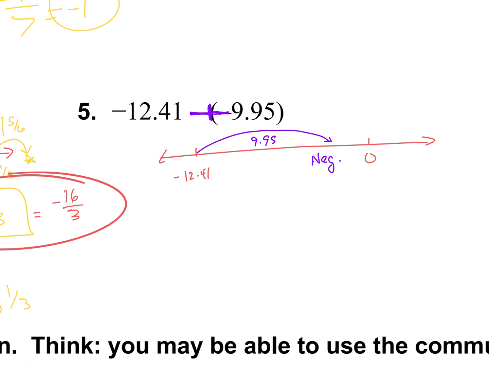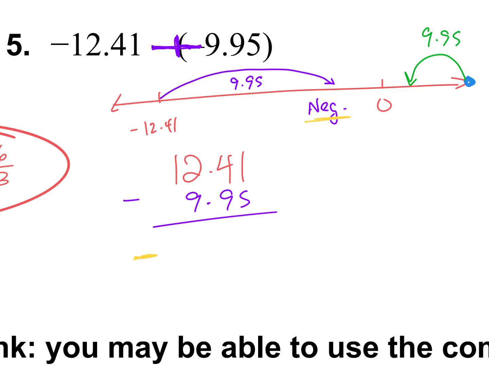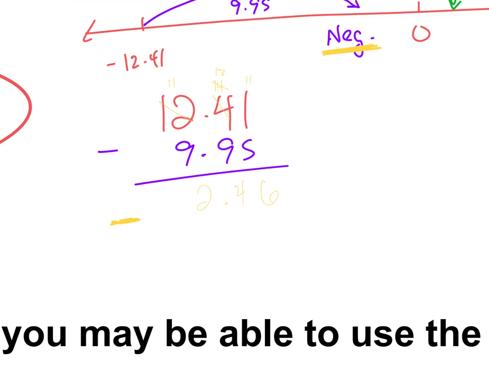12.4, let's write that a little bit bigger because I write big. 12.41 minus 9.95. So imagine that we began way over here at 12.41 and we were to go backwards 9.95. That would be the similar idea, okay? It's just that now we know that our final answer needs to be negative because of that. And then this just becomes a little bit simpler to solve. So like this is 11, 14, but we're going to borrow from that to make it 13. This is 11, this is 6, 4, 2, negative